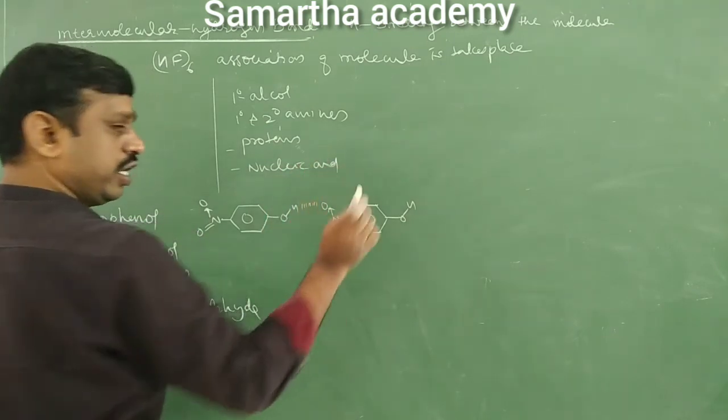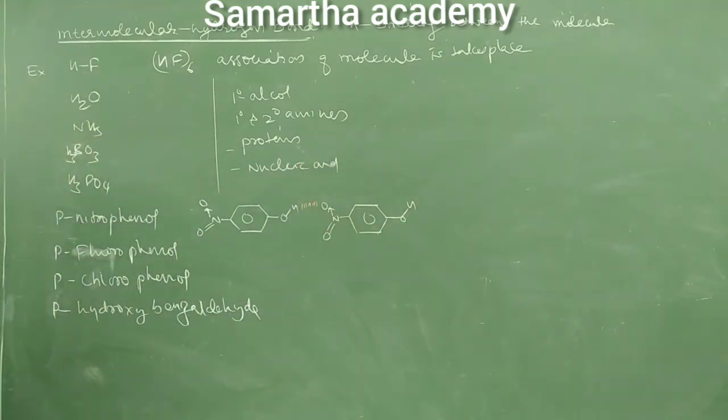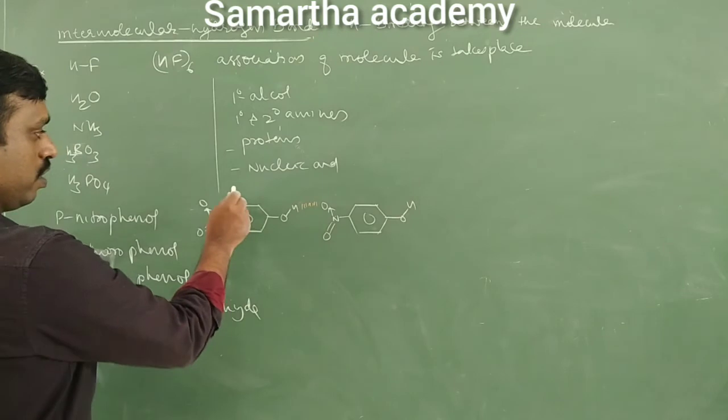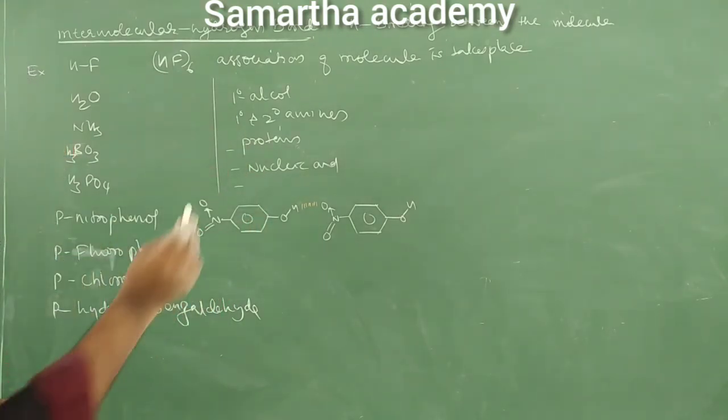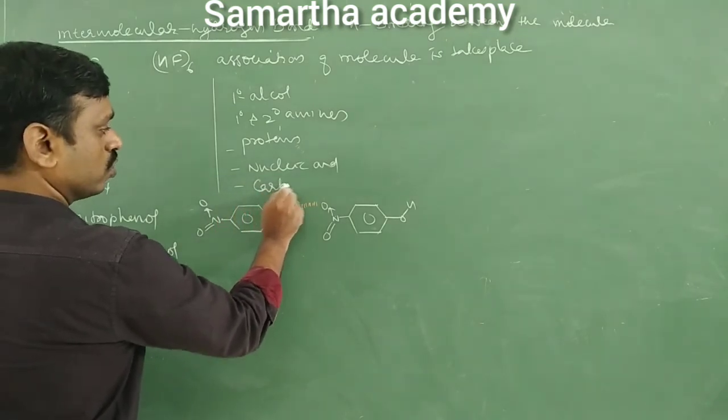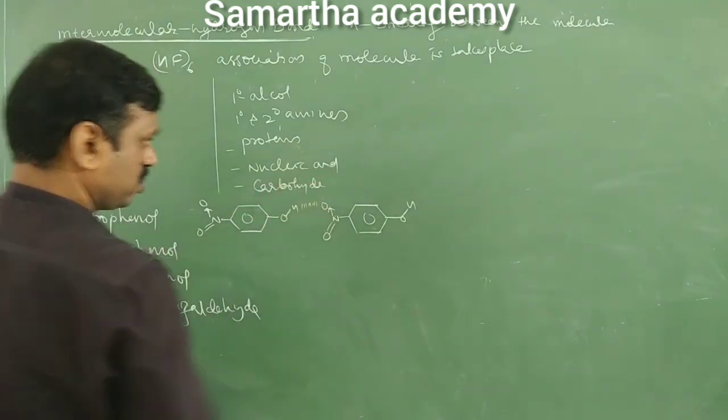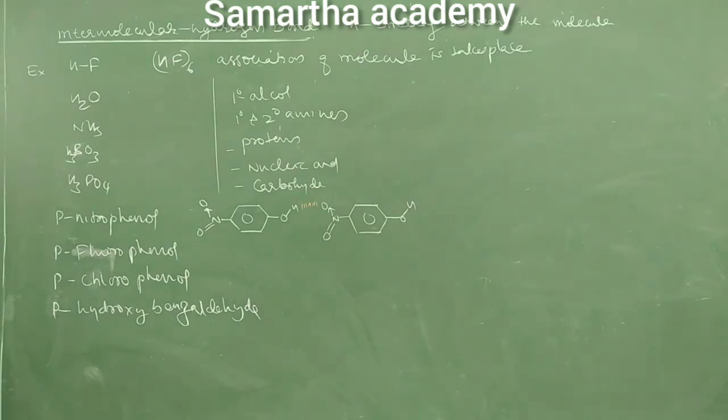Nucleic acid. In nucleic acid there is DNA, RNA, like DNA has a double strand. In between two strands hydrogen bonding is possible, right? GC, how many hydrogen bonds? Triple bond. AT, 2 bonds, that is hydrogen bond, right? So DNA, RNA, right? Even proteins, no? Protein, nucleic acids, carbohydrate. In carbohydrate also there is hydrogen bond present in biomolecules. That is an intermolecular hydrogen bond.